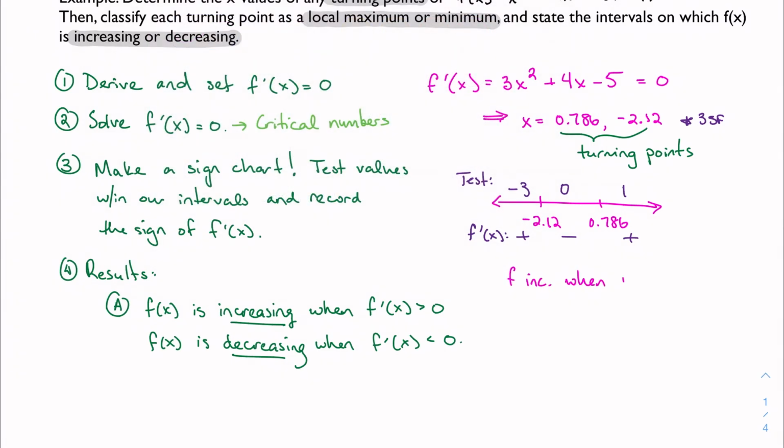when x is on the interval either negative infinity to negative 2.12 or union 0.786 to infinity. Right, because in either of those intervals I have a positive derivative. Since derivative is a measure of slope, the function is increasing. So obviously the slope has to be positive, so is the derivative. And then of course f is decreasing